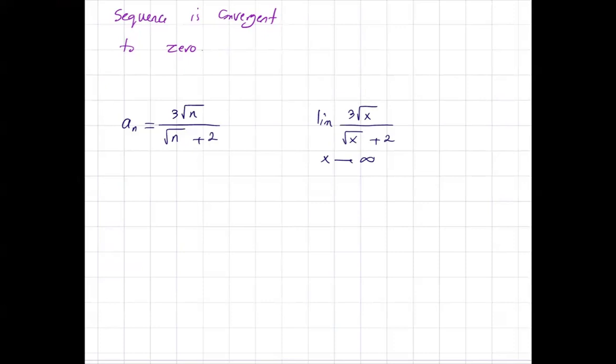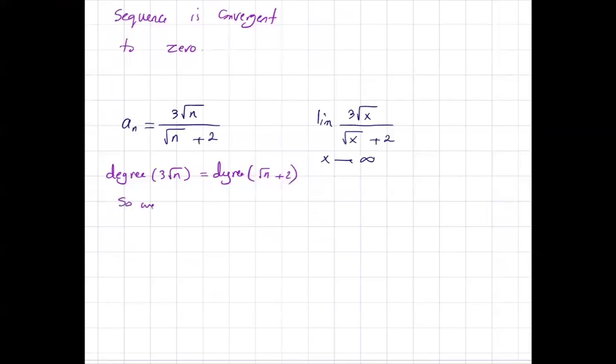Again, intuitively, you can take a look at the behavior of these two and say that the degree of the numerator, 3 times square root of n, is equal to the degree of square root of n plus 2,